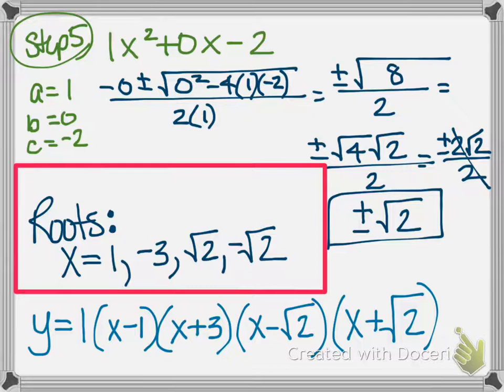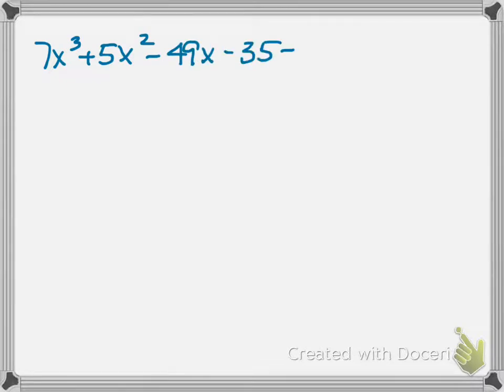Okay. All right, I know it's a little bit of a longer screencast than we're used to, but we got one more example I think it's important to go through. So here we go. Find the roots of the polynomial equation. Here we have 7x to the 3rd plus 5x squared minus 49x minus 35 equals 0. So, step 1,